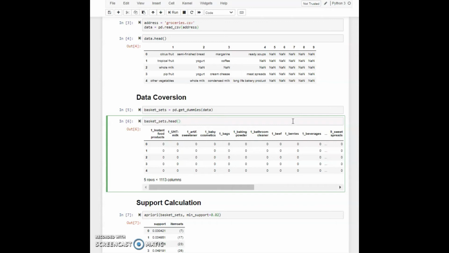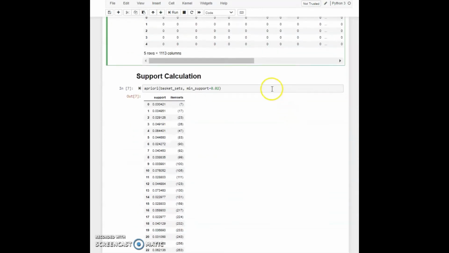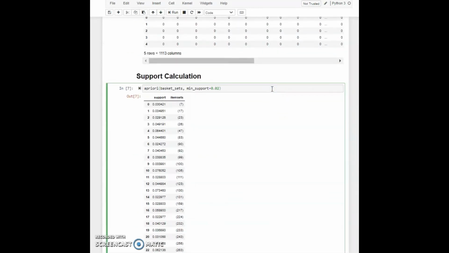Now as you recall, support tells us how popular an item is based on the proportion of all the transactions that include it. So in cell 7, let's start by taking a look at the items that have a minimum support of at least 0.02.